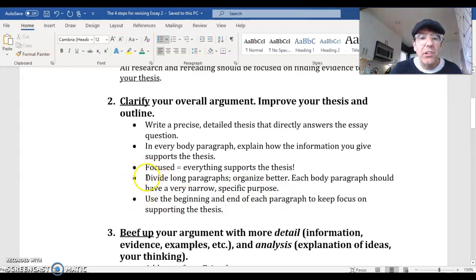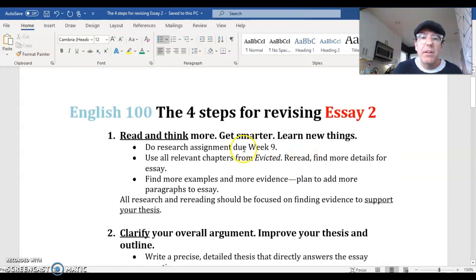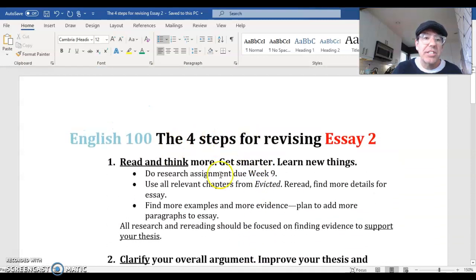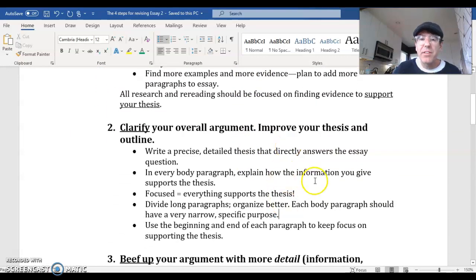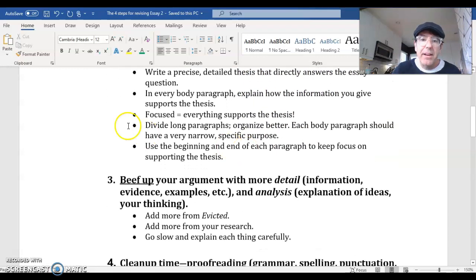Some people have long paragraphs that you need to divide. So you need to organize better and make sure each body paragraph is very specific. Use the beginning and end of each paragraph to keep focus on supporting the thesis. And in another video, I'll have an example for you about that. Okay, so that's my overall advice for revising step 2. Steps 1 and 2 will take you a long time because that's where you really have to think hard. You have to find new things for your essay and really work on figuring out what your thesis is and how you're going to